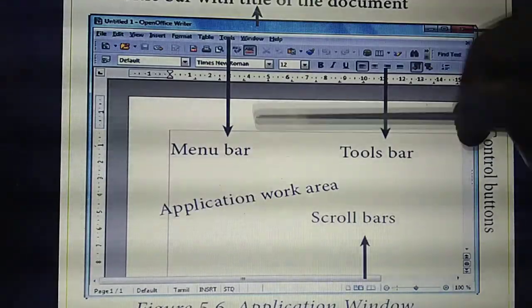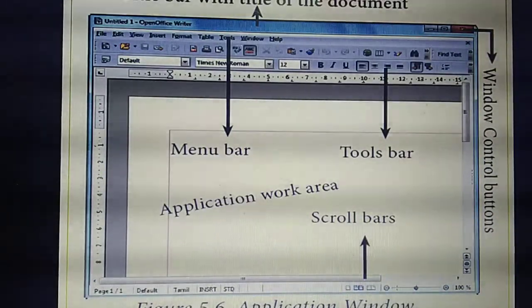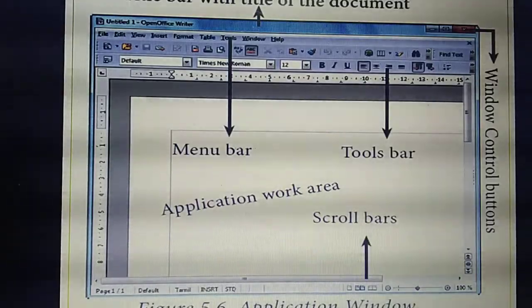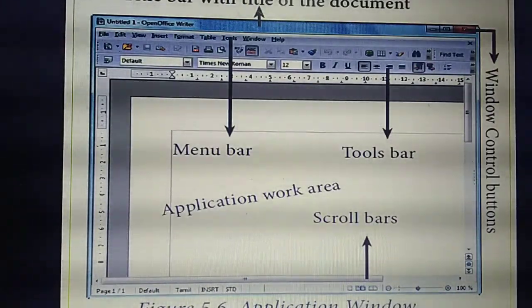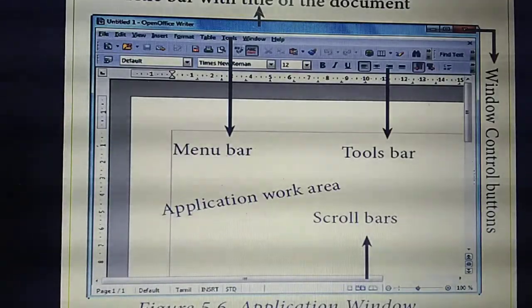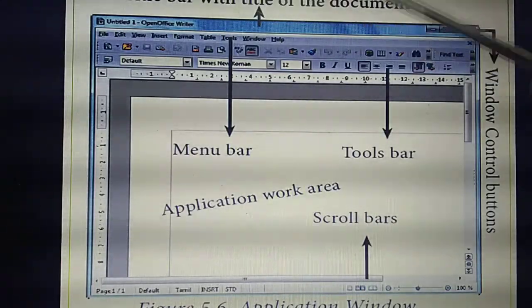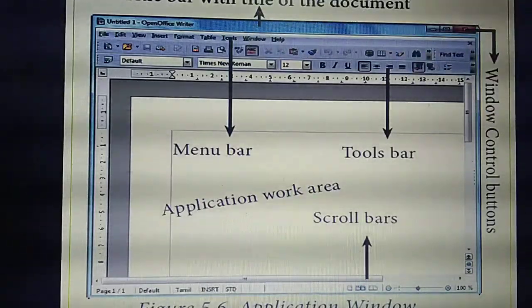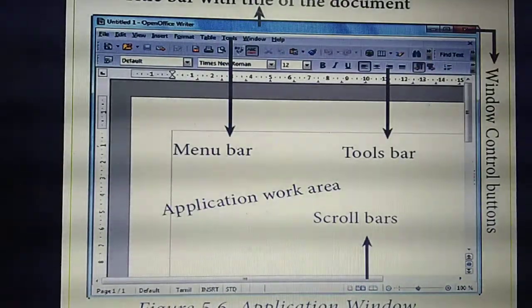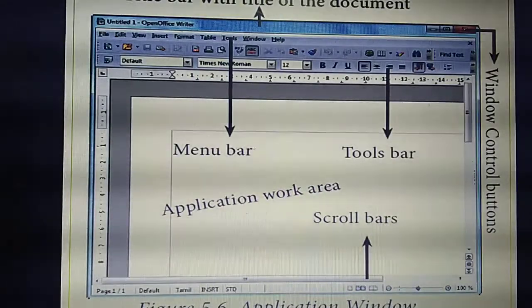Till this slide I have explained. Here, which is the title bar? This is very important, yesterday itself I said. If you have a computer at home, please open any one application, and you might have seen this. The blue colored portion at the top is called which bar? Title bar. What's the use of the title bar? You can give a title for the particular document. Then next to the title bar, which bar is there? Menu bar. The name itself has menu, so all the menus are available in the menu bar.